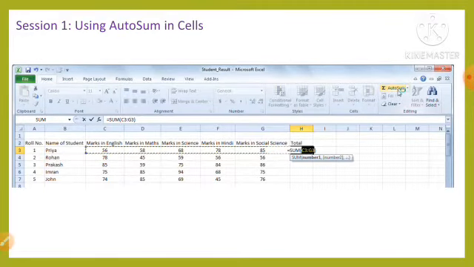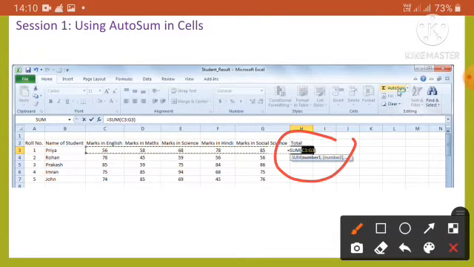At first we will be discussing AutoSum in Excel. MS Excel 2010 provides the facility of calculating the sum of numerical values entered in the cells automatically by using the AutoSum feature. The AutoSum feature automatically enters the sum function in the spreadsheet, so we can quickly analyze the values without needing to remember the syntax of the sum function.